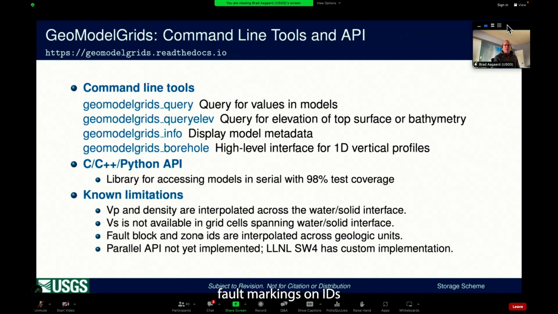Again, also our fault block and zone IDs, those aren't generally useful for the user, but if you want to know what geologic unit, those are interpolated across the geologic units, which can cause some problems. We have not yet implemented a public API interface, but the Lawrence Livermore SW4 group has implemented a custom implementation. And so we would like to work with them to develop a public implementation that would work for a variety of ground motion simulation codes. I should mention that all the documentation is on